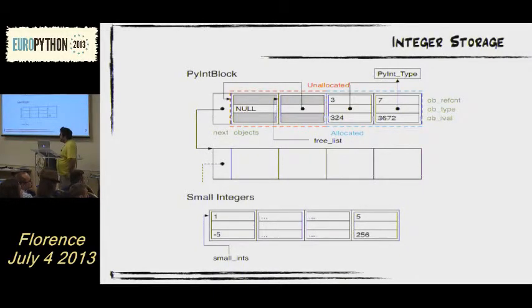We have a small area where we statically allocate some small integers from -5 to 256, or maybe 255, but still we have an array where we just put the integers, okay? And the other integers are kept in this other structure. We have a linked list of blocks, basically, and we do not malloc integers, we just take slots in that structure, okay? So, for example, these are allocated integers, 3 and 7,